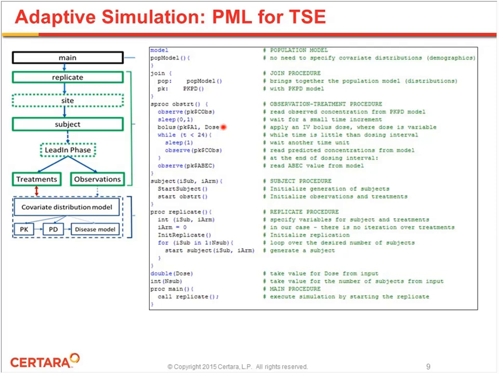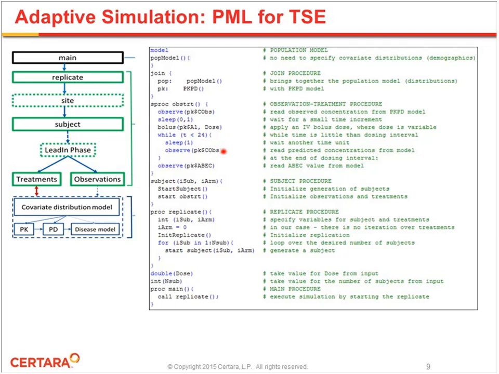And then we are coming up with a time interval of 24 hours. This is actually the dosing interval. So we have this coded up as a while loop, so while the time is less than 24, we sleep for 1 hour. This is our time unit, our increment to record the observations, in this case, the concentration that we get from